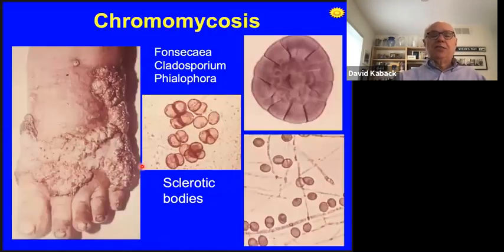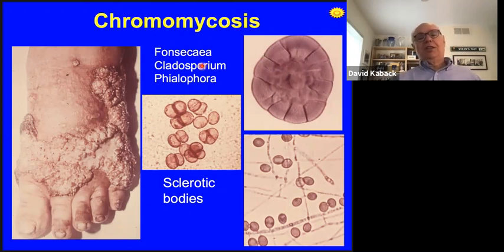Okay. Another sub-Q infection is known as chromomycosis. As the name implies, chromo, colored. It produces this dark colored infection. It's caused by Fonsecaea, Cladosporium, Phialophora. These all can produce these cauliflower-like lesions that are very difficult to get rid of because you can't get the antifungal anywhere near. Now, this is also a case of incredible neglect.